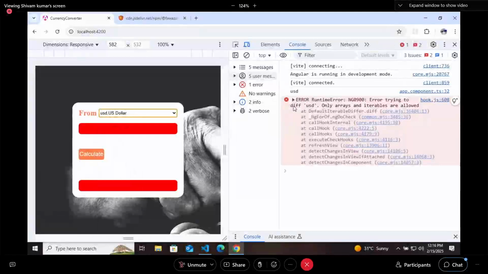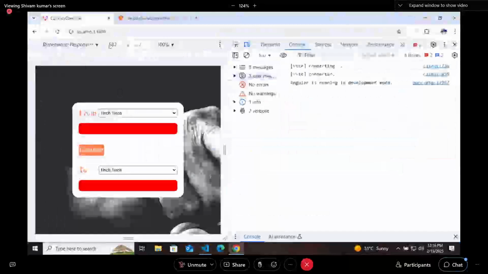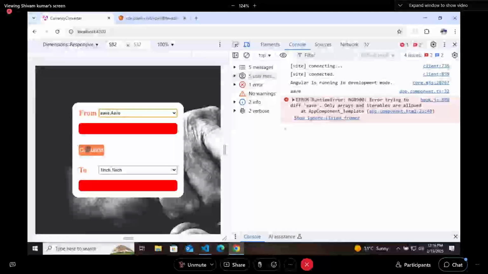Error trying to diff USD, only arrays and iterables are allowed. USD is getting printed. This is the problem, right? Okay, this error we can understand for a while. Keep the div back and I will select some currency here. Let's say Aave I have selected. I'll try to calculate.